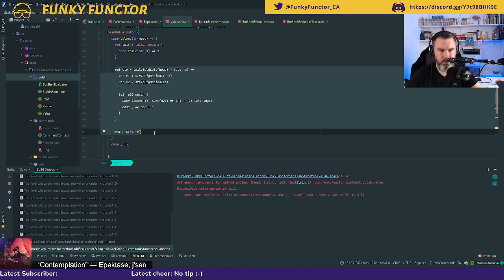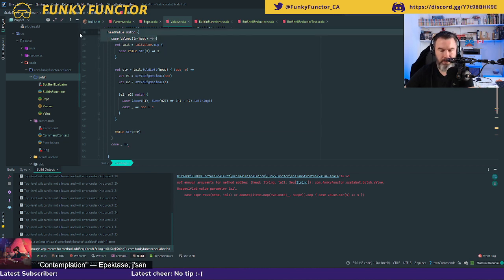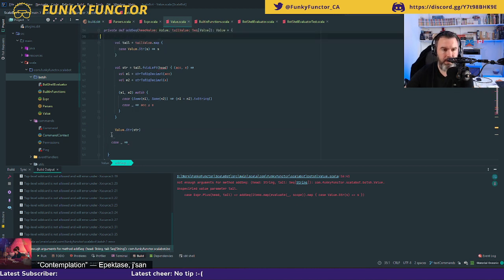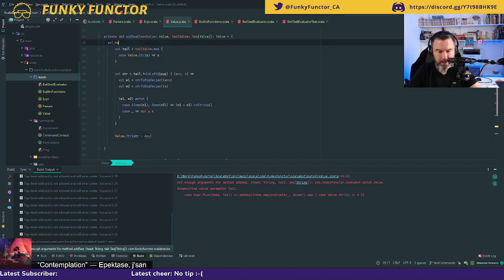So I am going to copy that. I just need to change the value for head. Okay, so I don't need this whole thing here. I don't need that. I just need val head. So val head is, I am expecting a string.